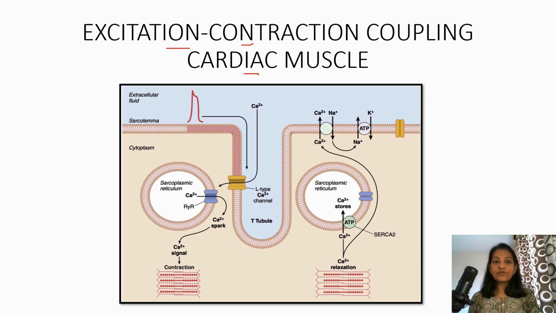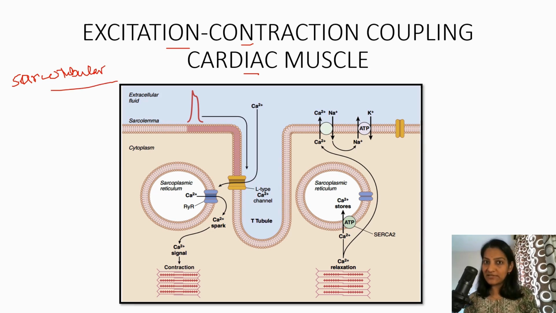So regarding the structural system, that is our sarcotubular system. In cardiac muscle, the sarcotubular system is not as developed as skeletal muscle, but it is more developed than the smooth muscle. And here what happens when the action potential reaches the cell membrane surface of myocardium. This is the action potential which is in the form of plateau potential here, and this action potential reaches